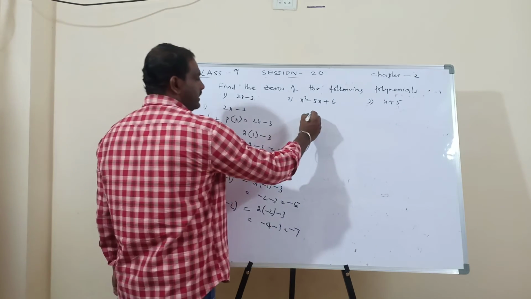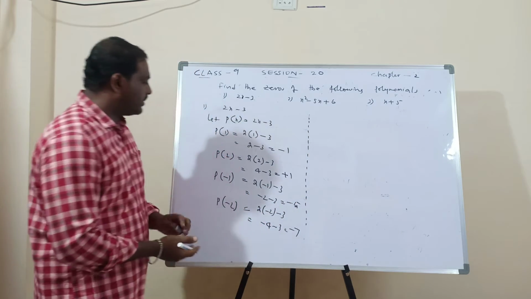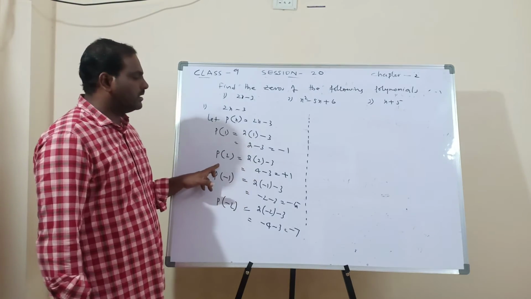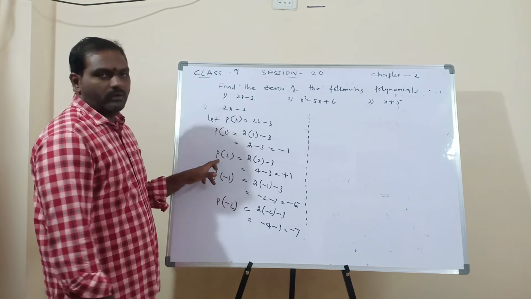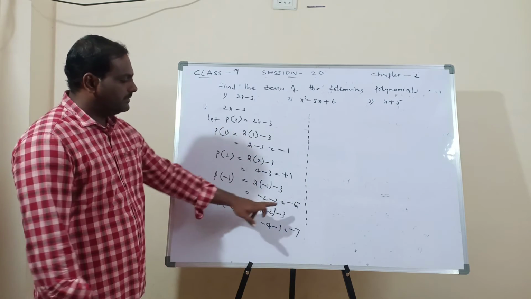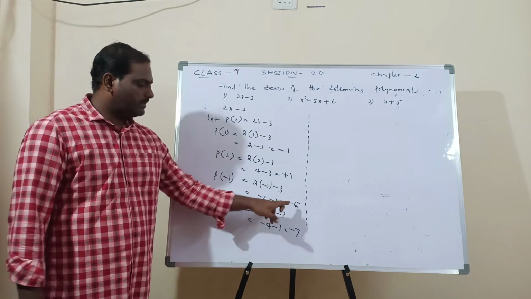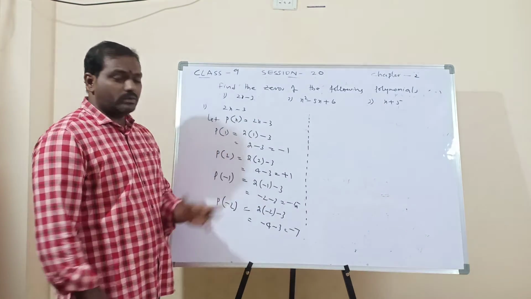Then in these cases, if you prolong it, P of 3, what will you get? 2 3s are 6 minus 3, you will get 3. P of 4, 2 4s are 8 minus 3, you will get 5. If you go for the next one, it will go 7, 9 and so on. So there is no chance of getting